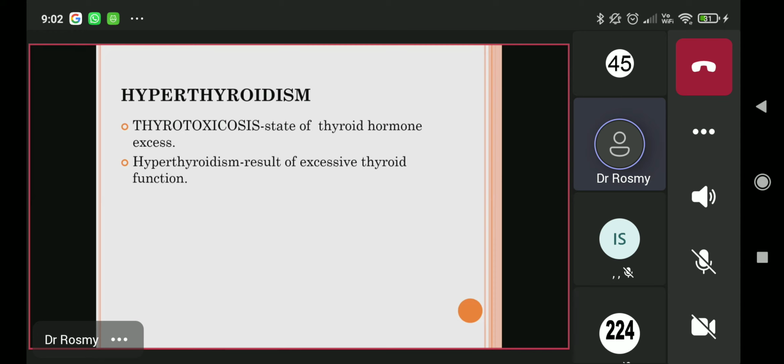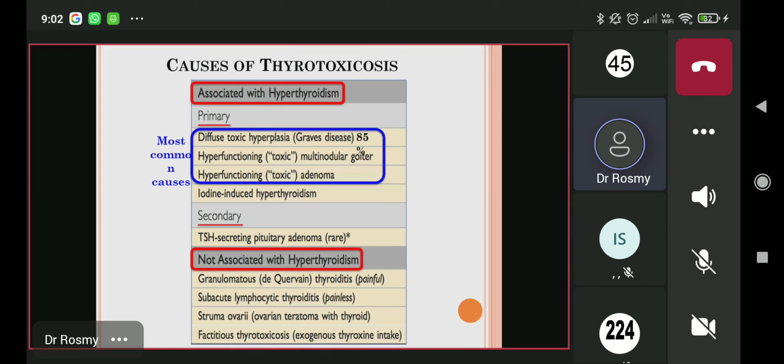So there is a sudden state of thyroid hormone excess. That amount is normally present in your body, stored in the thyroid gland and released in small quantities. It is like putting an FD in a bank and getting interest every month, thoda thoda. That is how the gland is functioning. But all of a sudden, here it is like the entire amount has been drawn out from the bank. So the entire thyroid gland will pour out its store of thyroxine hormone, and that will produce a state of excess hormone. So that is thyrotoxicosis. So these two terms are different.